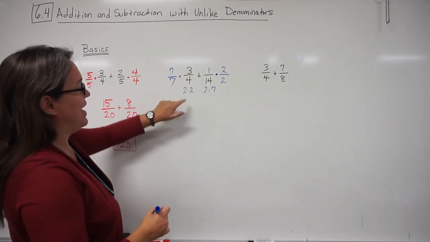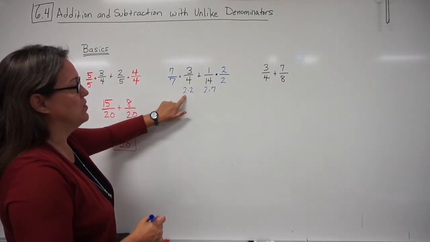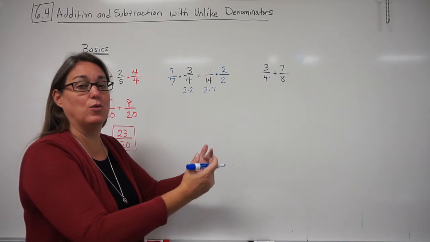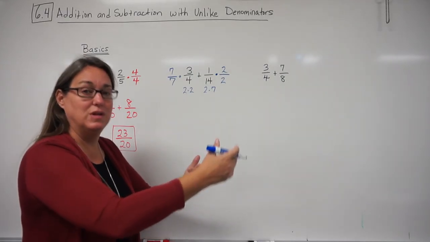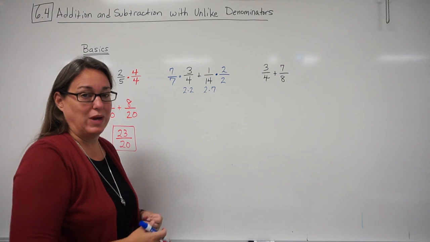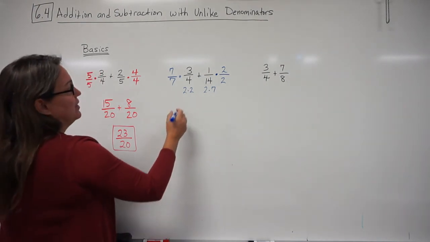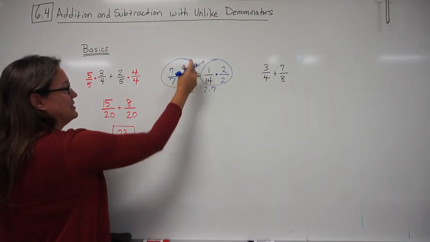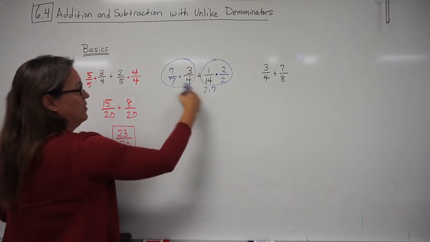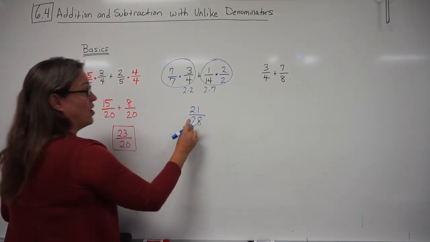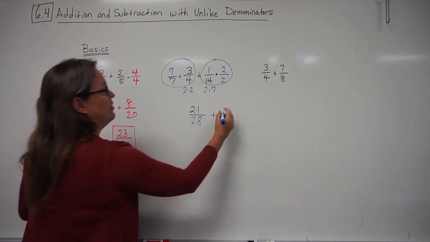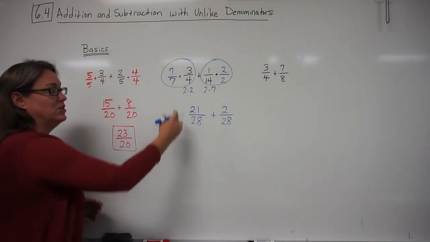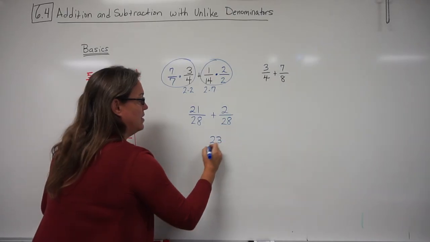And the way I'm thinking of that is this has two factors of 2. This has 2 times 7. So the least common denominator will have 2 times 2 times 7, which is 28. So moving forward and doing our multiplication, we get 7 times 3 is 21, over 7 times 4 is 28, our LCD. For the second fraction, we get 2 over 28, and then we do the addition, adding the top and